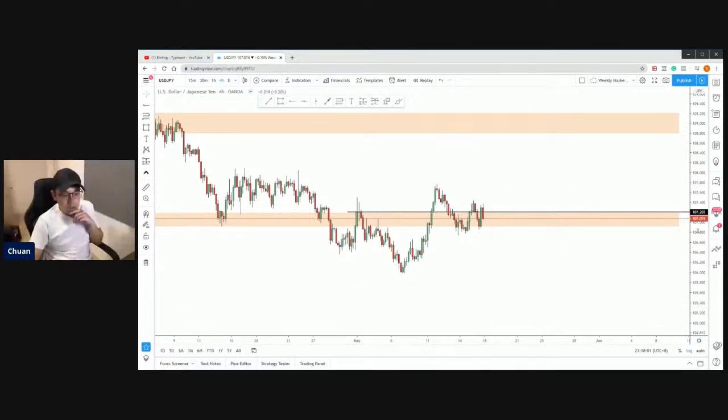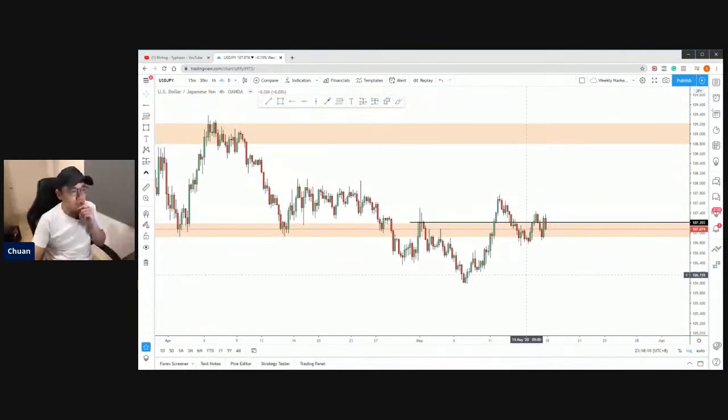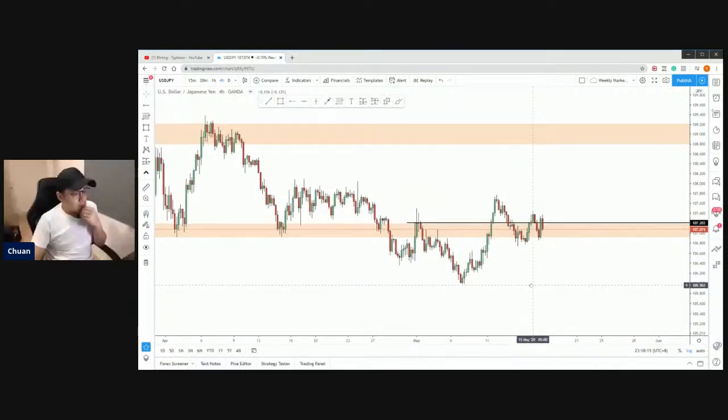Yeah, this is the Euro Yen. Oh, did I mention Euro Yen? Oh, sorry, this is the dollar yen. Okay, thank you. Yeah, this is dollar yen, not Euro Yen. Sorry for the mistake. Okay, so if we look at this H4 structure, there is actually